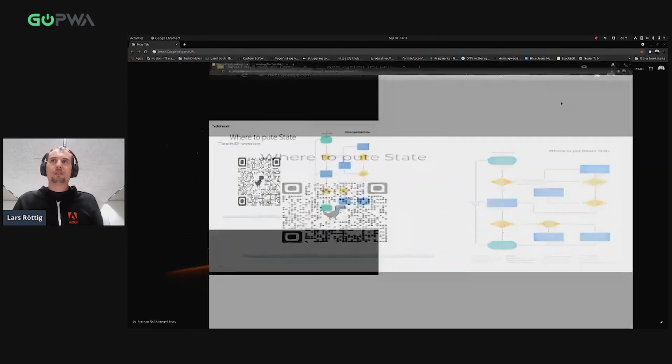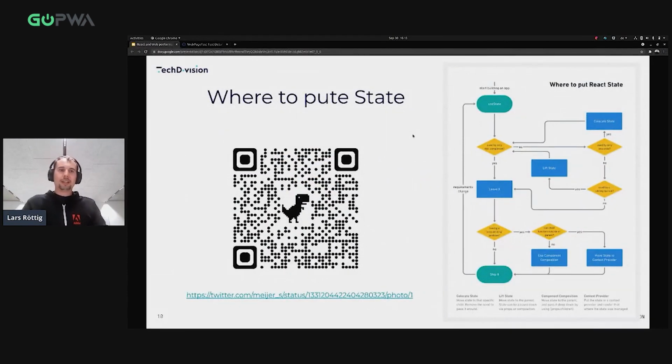take care where you handle state. There is a really cool diagram. It was posted on Twitter and also linked in a React blog post by Kent C. Dodds.